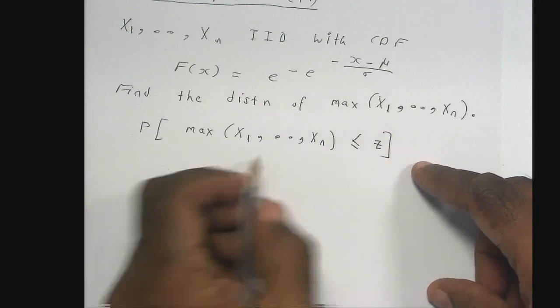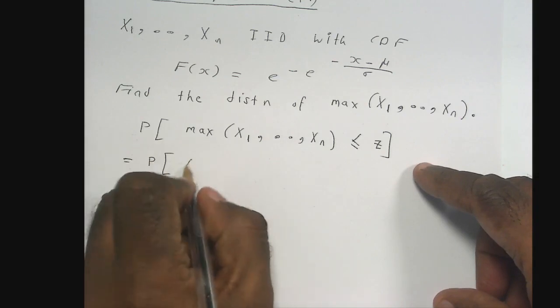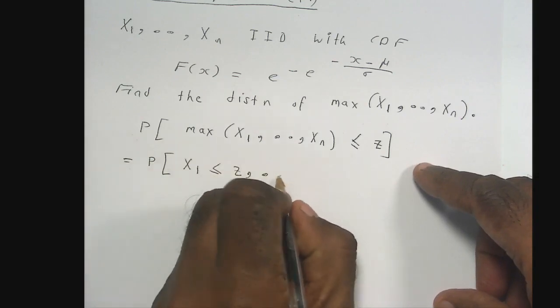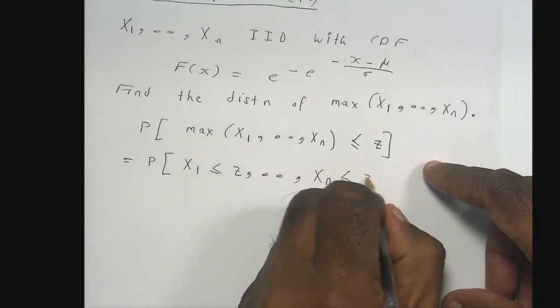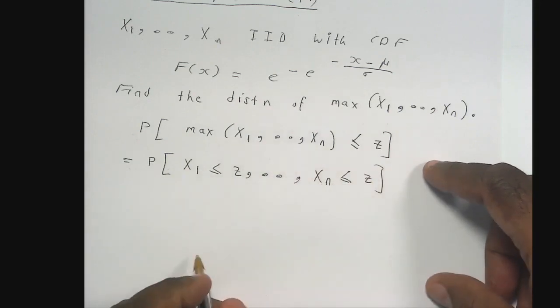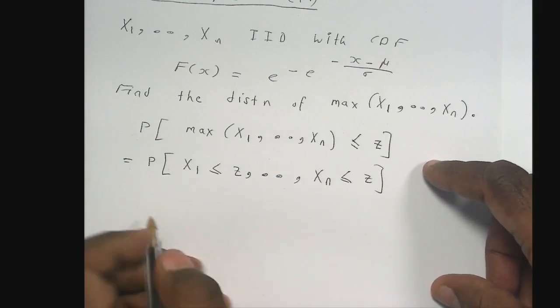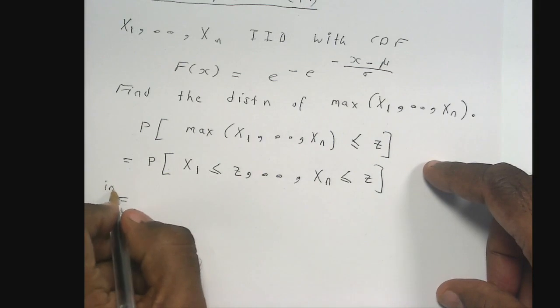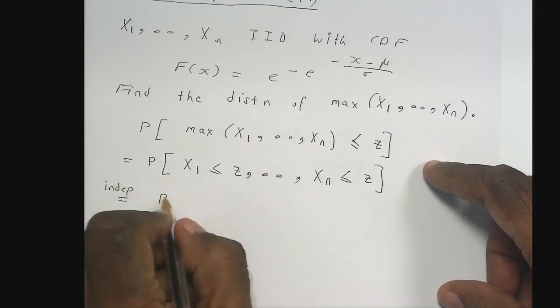Now if the maximum is less than or equal to z, then each x has to be less than or equal to z. And because of independence, guys, using independence, we can write this as